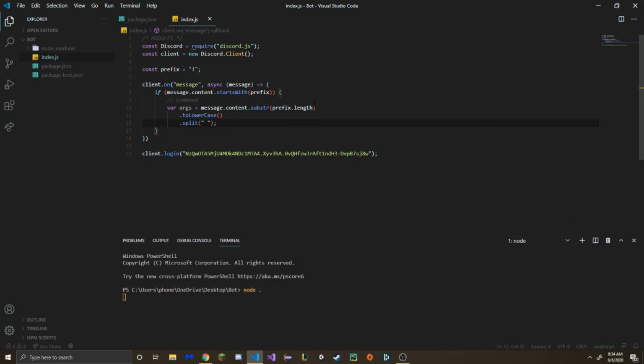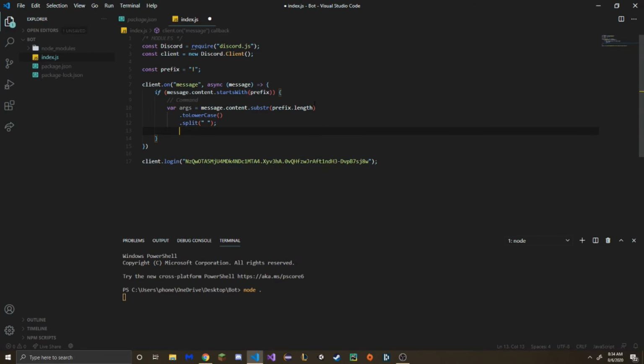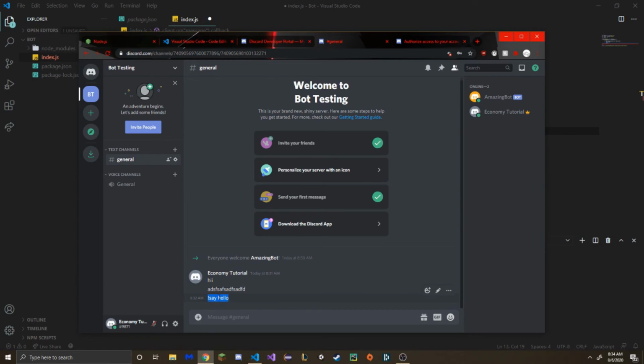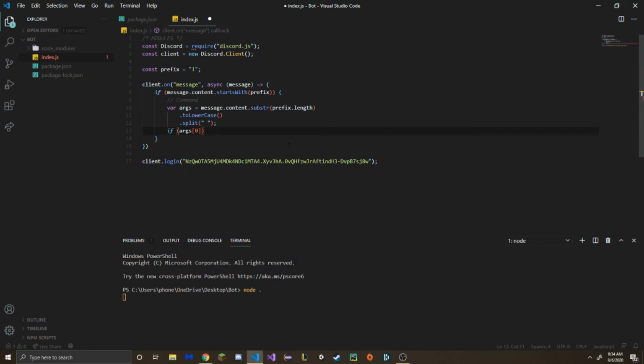It basically turns a string into an array, using this delimiter to decide where and when you should split. So now we have our arguments, and we can make our first command now. If arg0 is basically this one, so it would be say. So if arg0 is equal to, I don't know, let's say ping,